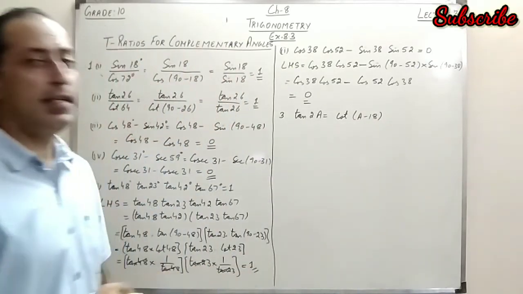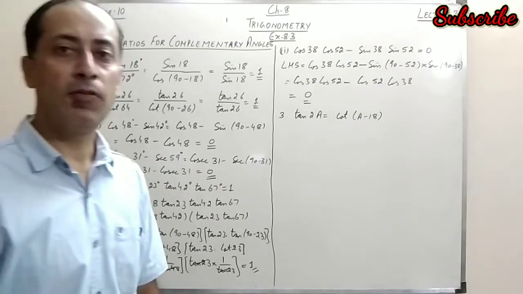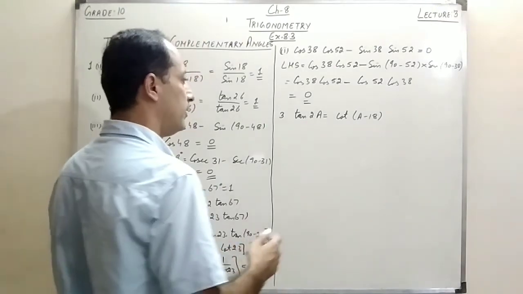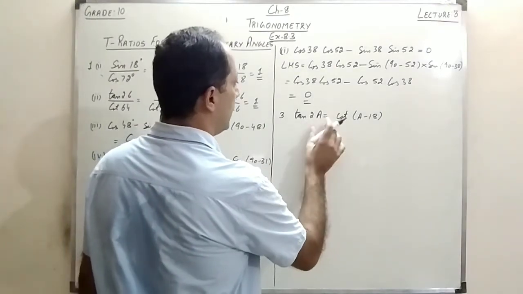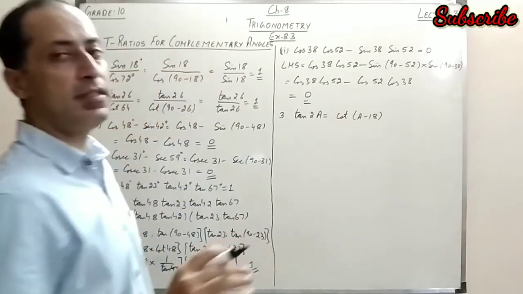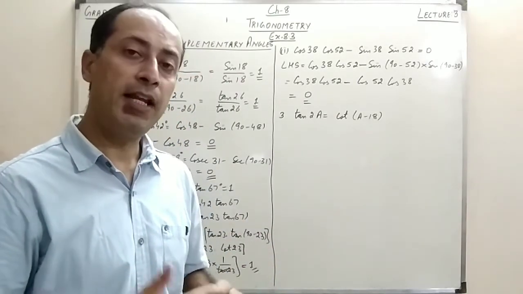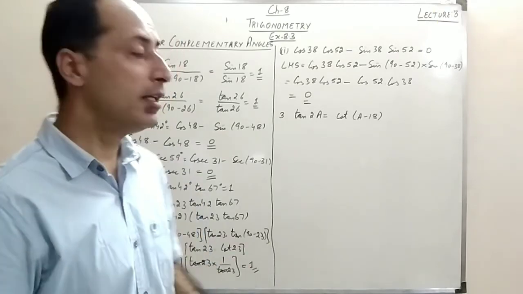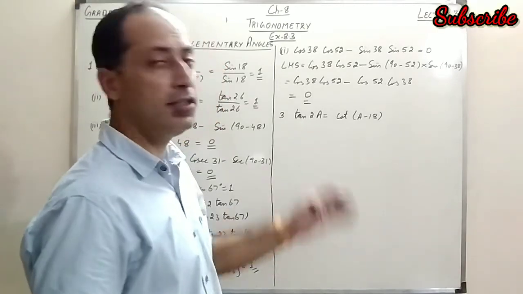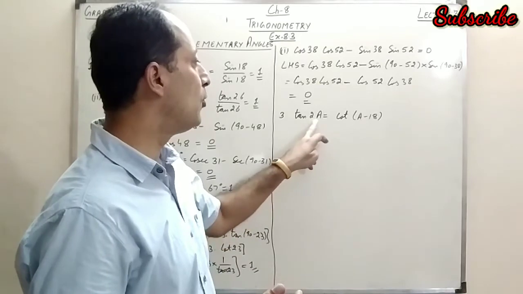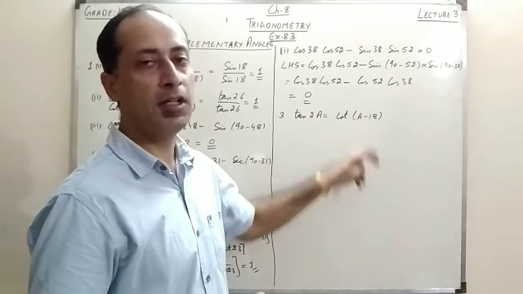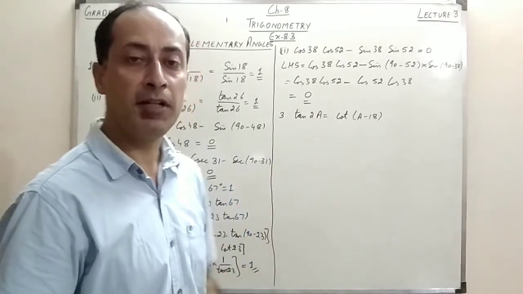Now it's given that A is an acute angle and I have to find the value of angle A. How can we do it? The angles on both sides are equal when the ratios are equal, so I will have to change one of the ratios. Changing the ratio on this side is easier because there is a monomial term here and this is a binomial term. Changing a binomial term becomes a little bit difficult.